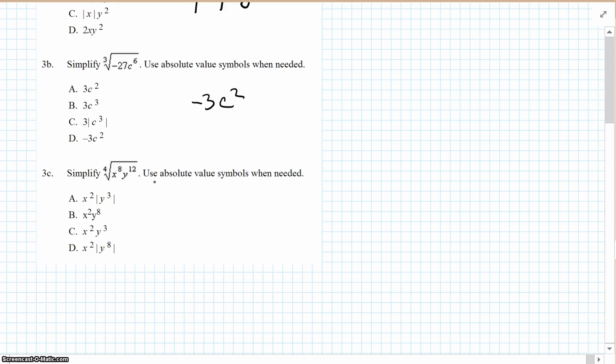Fourth root, x to the 8th, y cubed, so that'd be x. 4 goes into 8 twice, 4 goes into 12 three times. The index was even,